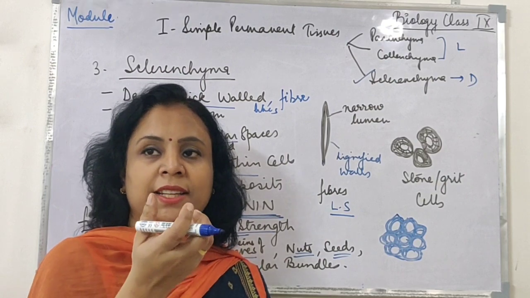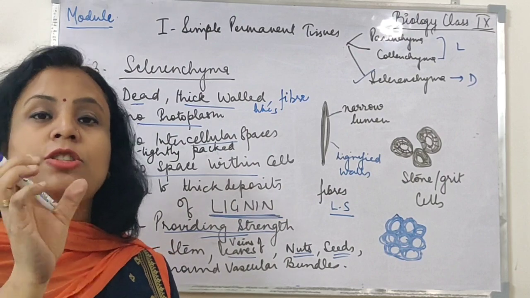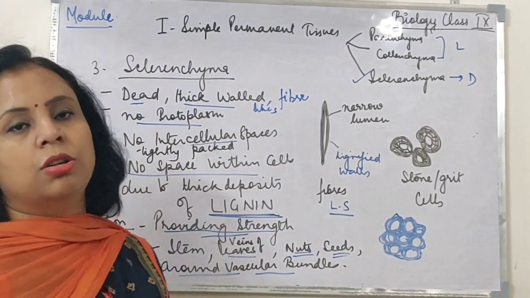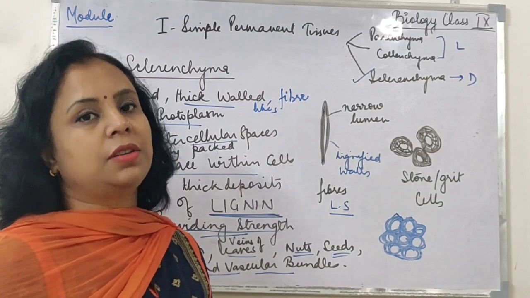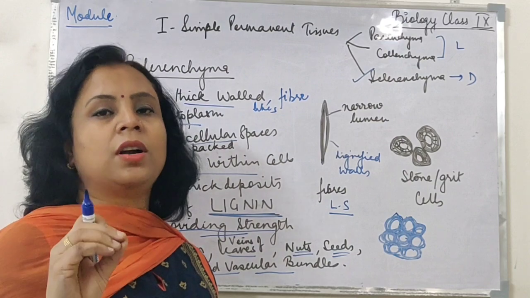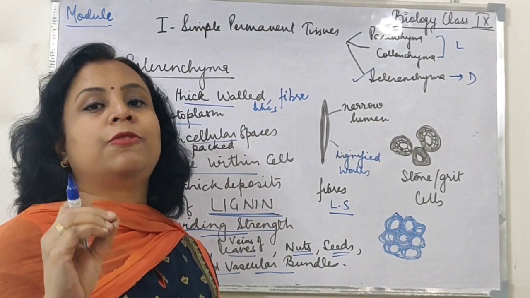If you see within the mango, the seed is so hard, we call it stone. Now around the vascular bundles also you will find the presence of sclerenchyma. Both xylem and phloem, you have seen that they have got